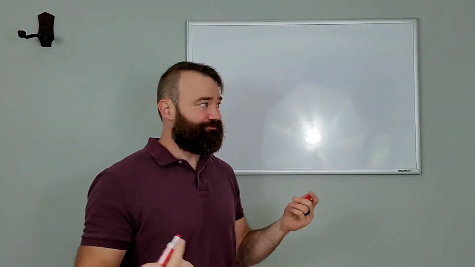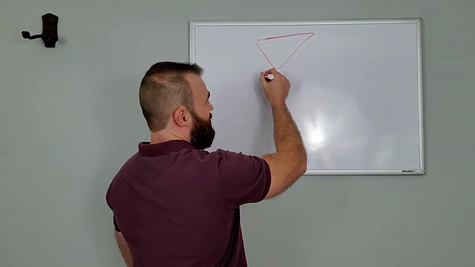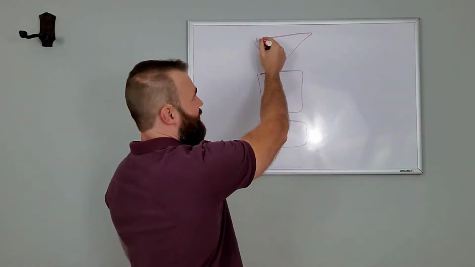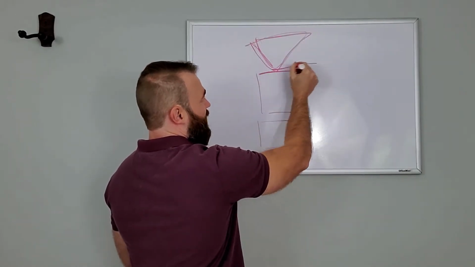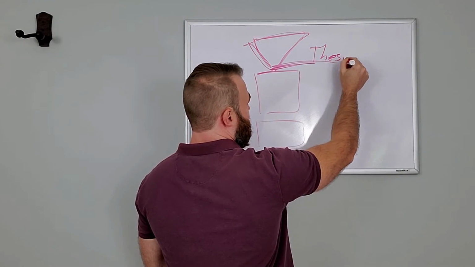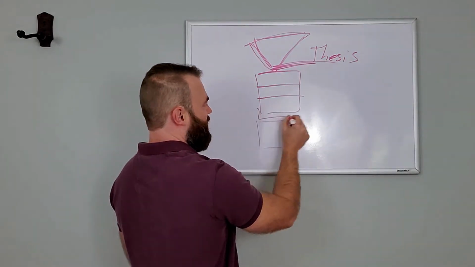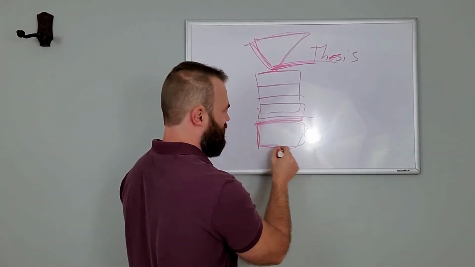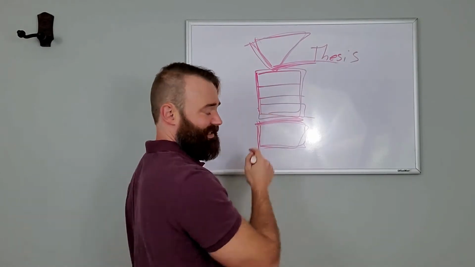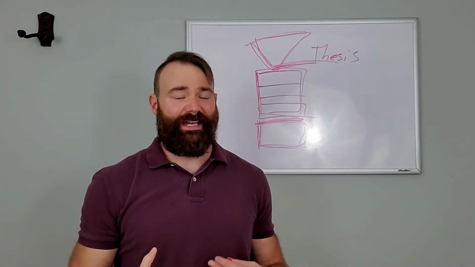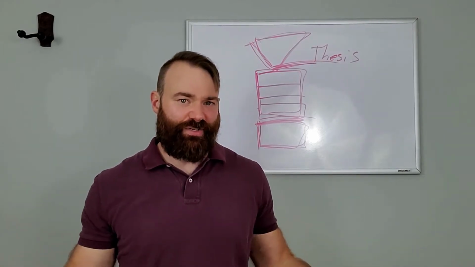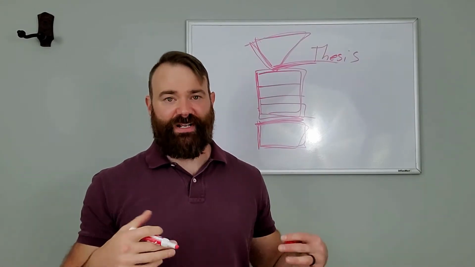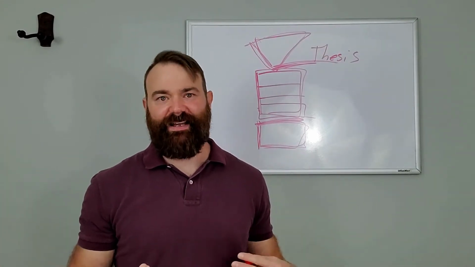Essay 3 will consist of the same basic elements as every other essay. So you're going to have an introduction. You're going to have a thesis statement. You're going to have multiple body paragraphs. And then you're going to have a conclusion paragraph. So all of the basics will remain the same. And really, the overall basic structure of essay 3 is very similar to essay 2. So you've already done a similar structure to an essay at this point.